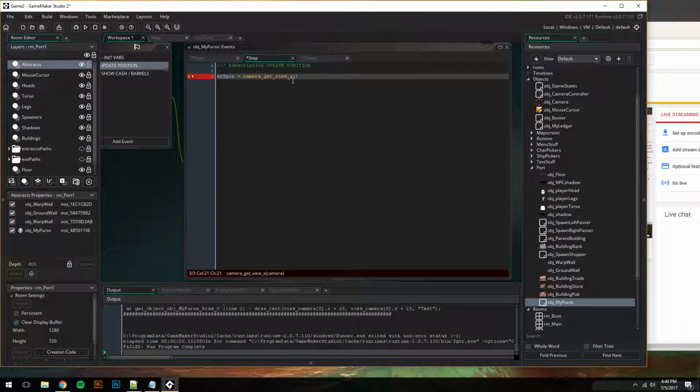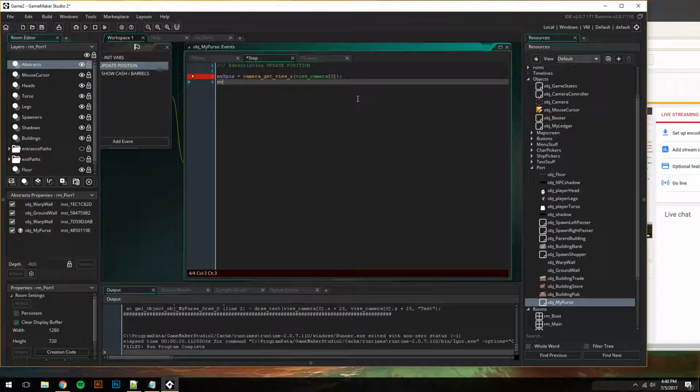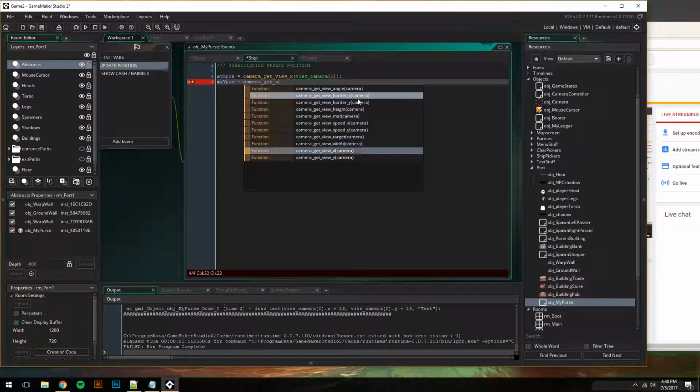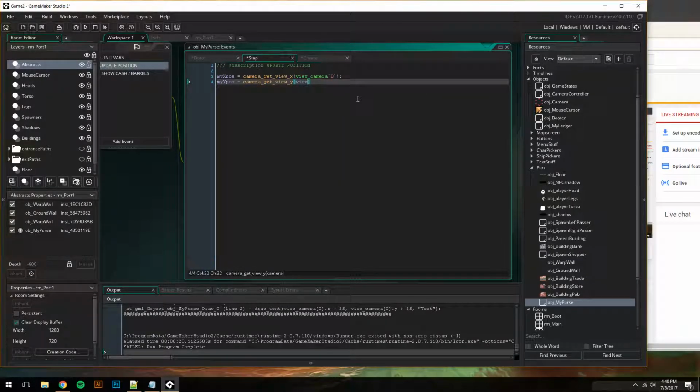Okay. View camera 0. Cool. My y pos equals camera get view y, view camera 0. Okay, and then in the draw,